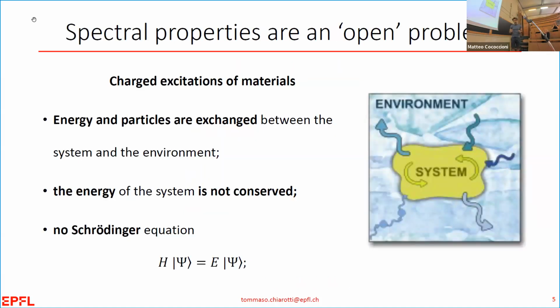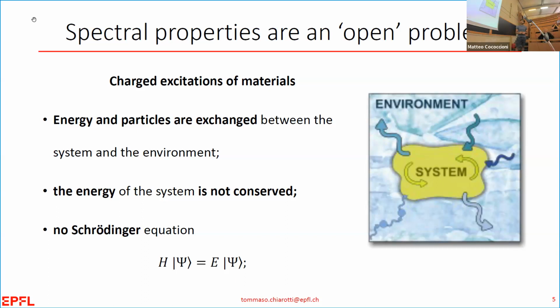A correct question to ask is, why is this so hard to predict? The simplest answer is that we are not trying to predict a closed system. We are trying to predict an open system, so we are dealing with open quantum mechanics. What is open? In angle resolved photoemission spectroscopy, you shine a photon in and you get an electron out. The electron must go somewhere, so this is a system which interacts with a bath.